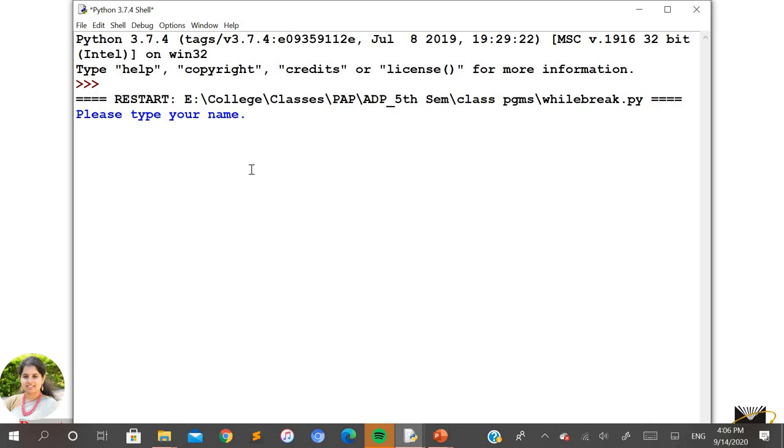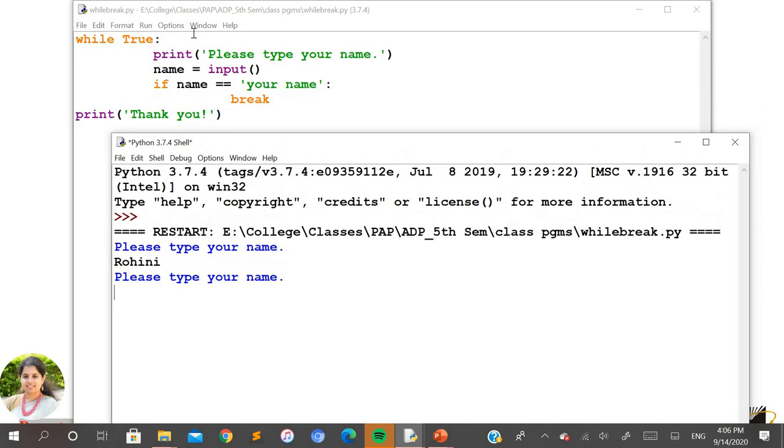I'll write something other than "your name" initially. Let me write Rohini. You can see it is still in the loop, which means it is continuously asking me to enter the name: please type your name. Now I type Kanasu.